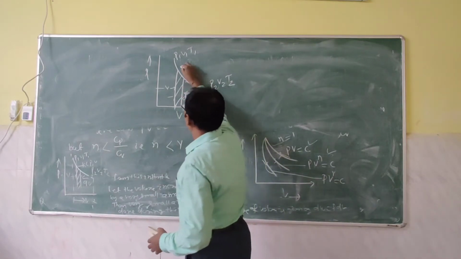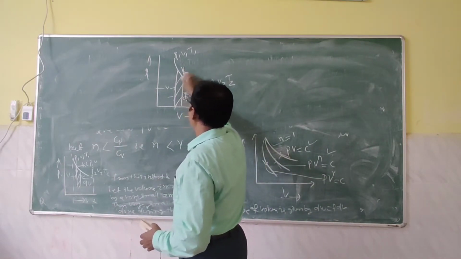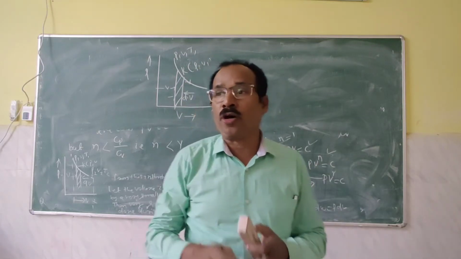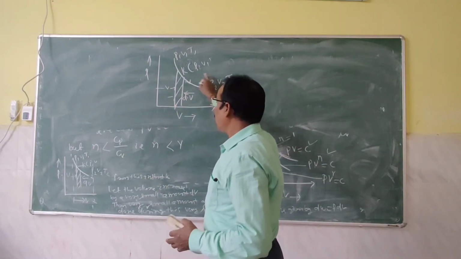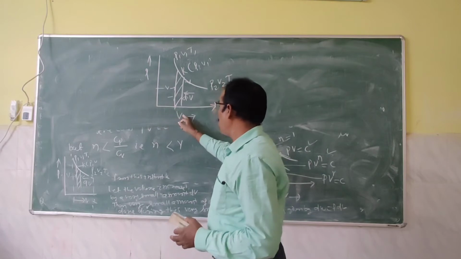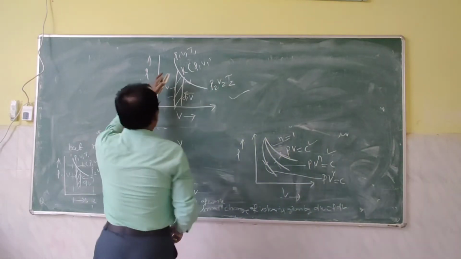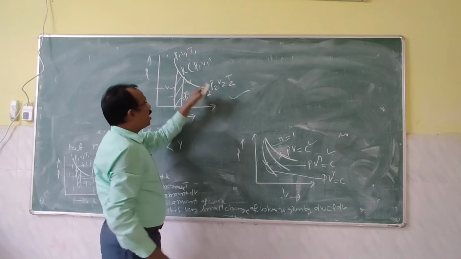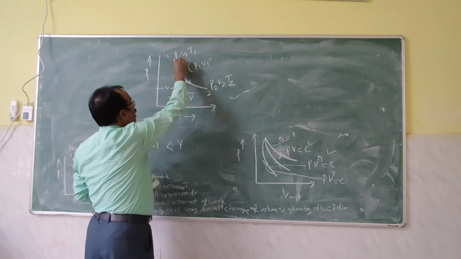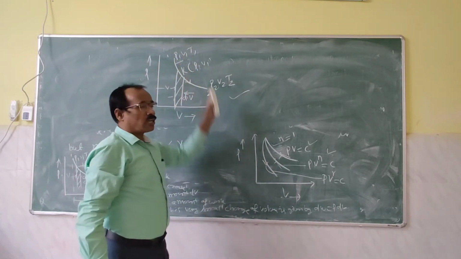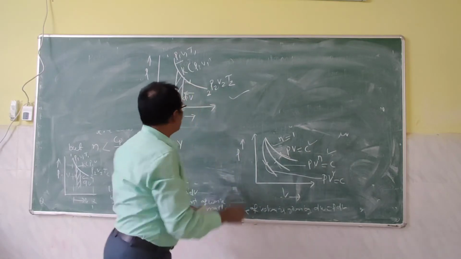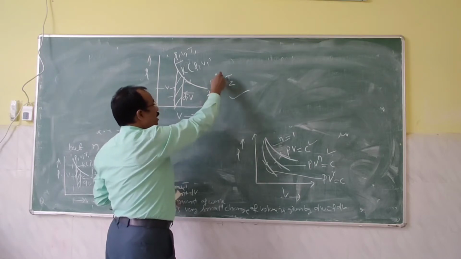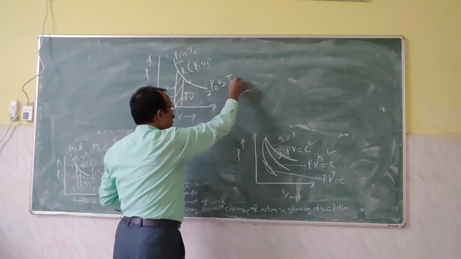Let us consider an instant where pressure of the gas is P and volume of the gas is V. It has been shown on the pressure volume diagram. Here, initial position, that is 1. This is final position, that is 2. Here, pressure is P1, volume is V1, and temperature is T1. After expansion, it will be final pressure P2, final volume V2, and final temperature T2.